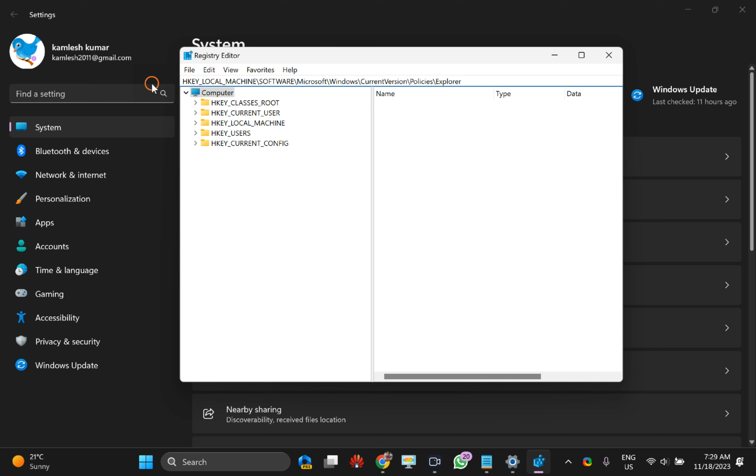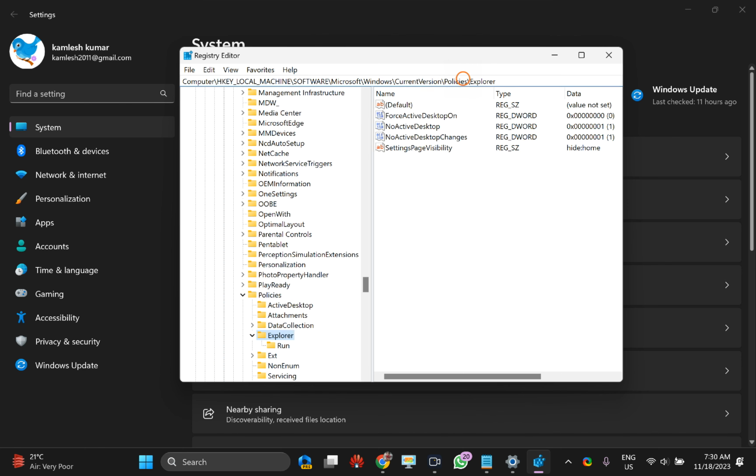You can find the article link in this video description. From there you can copy the required path. After typing or copy-pasting the path in the address bar, press Enter on the keyboard. This will take you to the Explorer key.